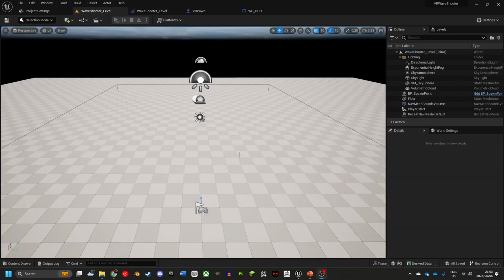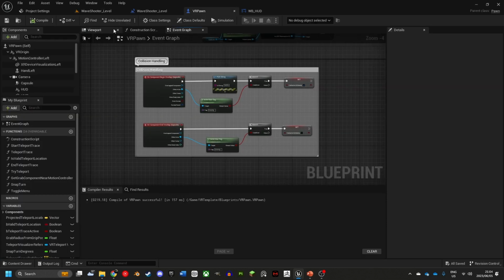Alright, so we are back and we are now going to be taking a look at damage to the player. We've done dealing damage to the enemies, but we also want to make sure that there is actually consequence for the player, and that will be done in the form of contact damage. So the simplest way to deal with that is we go to our VR pawn,